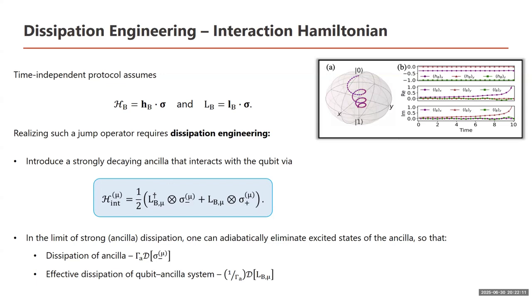In the paper, it shows one simulation of the qubit and ancilla system, and this is the result of that. So when it starts from the 0 state, and because of the dissipation rate, it goes through this. But because of the ancilla and qubit system Hamiltonian and this interaction Hamiltonian, it can go reversely like this.